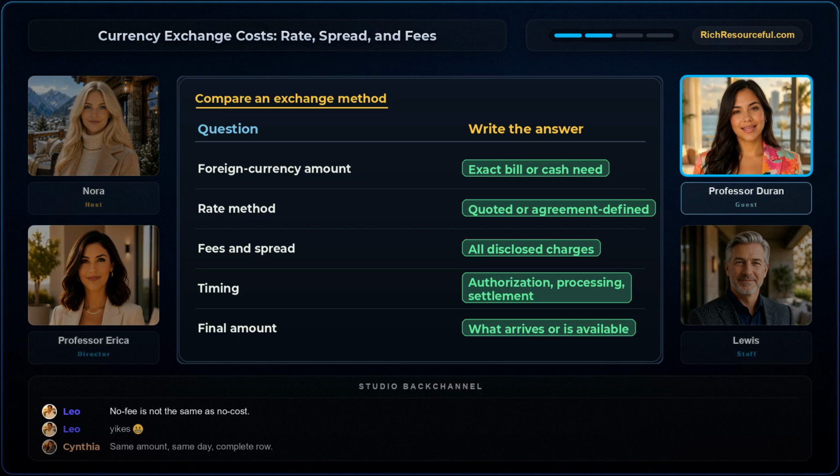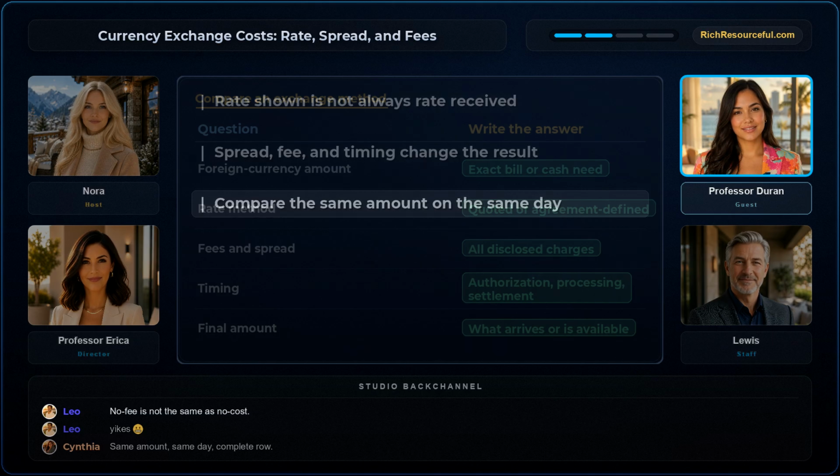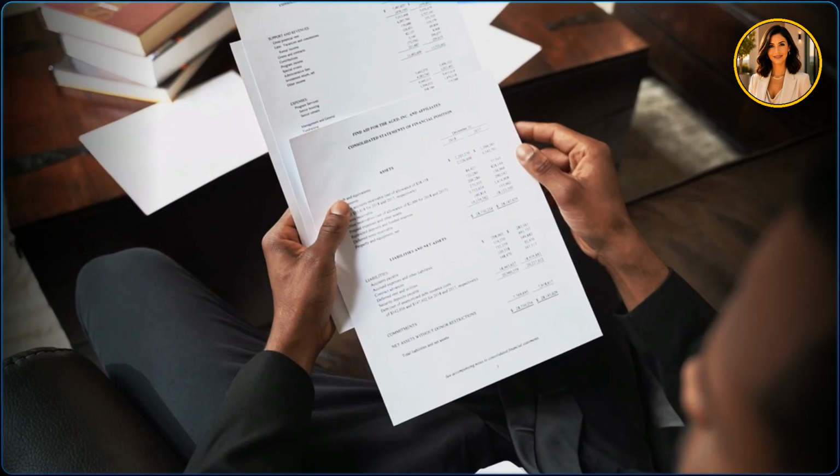For travel cards, ask the issuer about foreign transaction fees, conversion method, ATM charges, cash advance treatment, and emergency support. The Consumer Financial Protection Bureau explains that an issuer may charge a foreign transaction fee when a purchase is processed outside the United States. That's a prompt to read your account's current disclosures, not a claim that every card charges the same way. Notice the ownership rule.